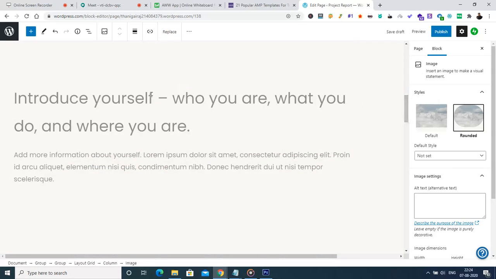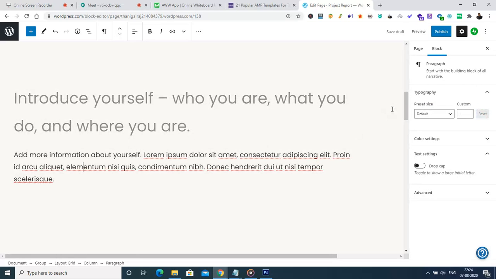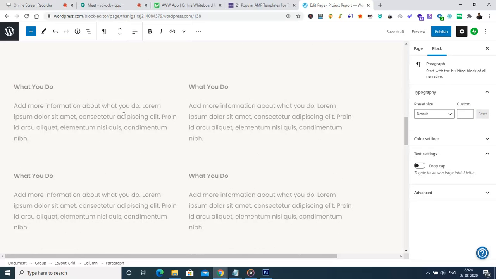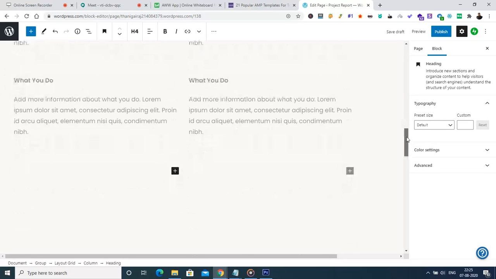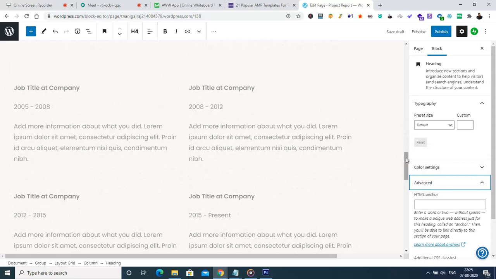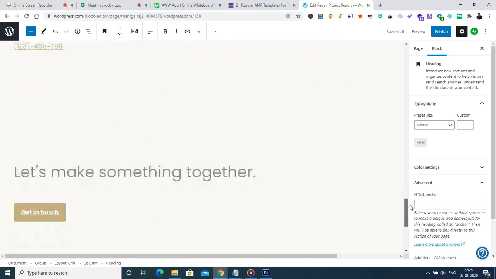Similarly, there are a lot of other things, like we can edit a title, we can edit a paragraph, and so on. All right, done. So this is good enough for us for today.